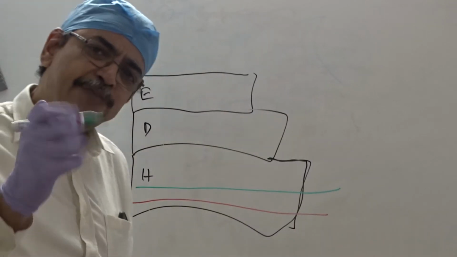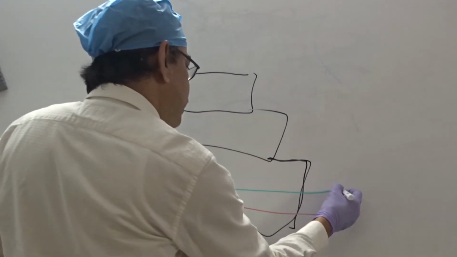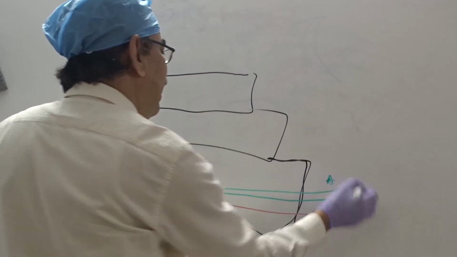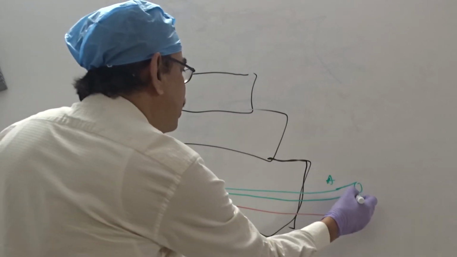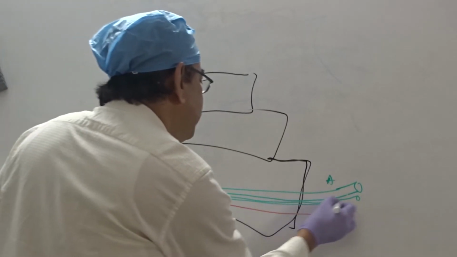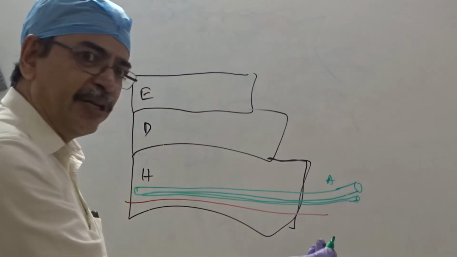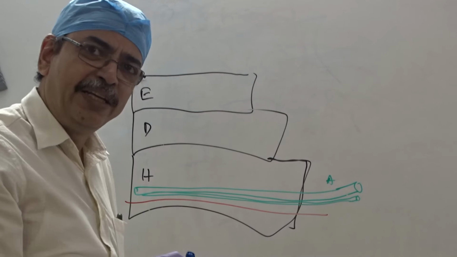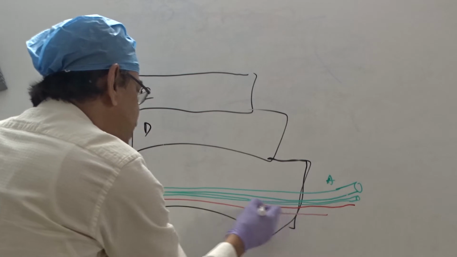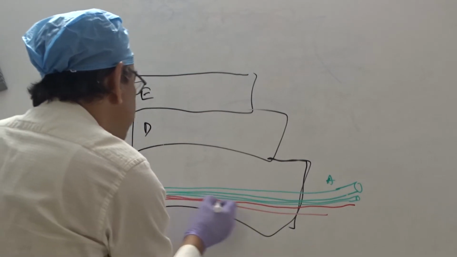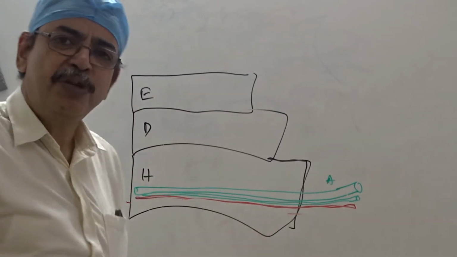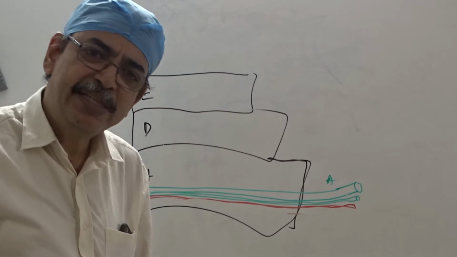There are three types of nerves. One is large diameter nerves. These are called A. Then the medium diameter nerves, this is called B, depending on the myelination. And finally the smallest or unmyelinated nerve fibers also travel. This is called C. So we can see there are three types of nerves: A, B, and C.